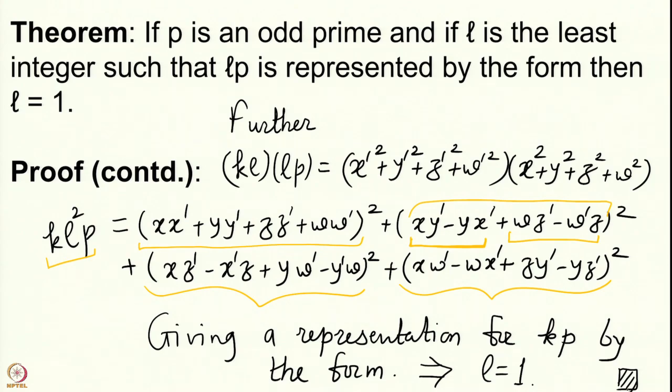So what we have proved, let me just recall, is that the form is multiplicative, 2 is represented by the form, and every odd prime is represented by the form. Now, getting Lagrange's theorem from this is very easy.